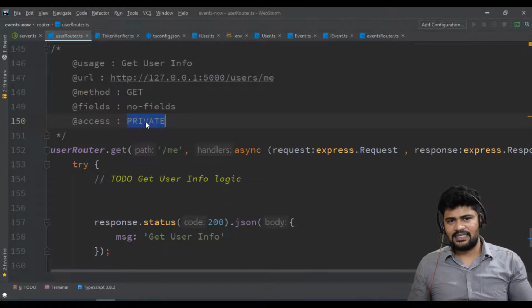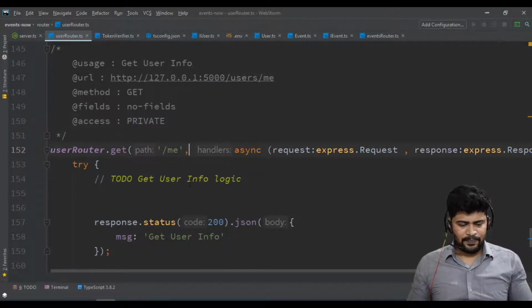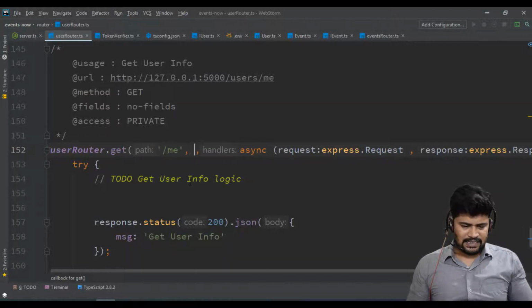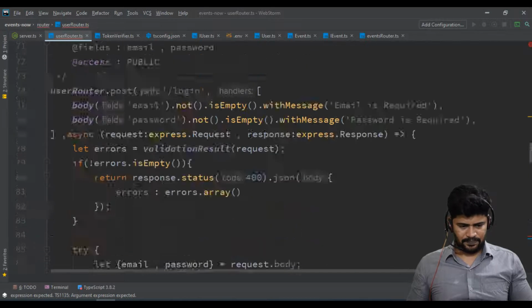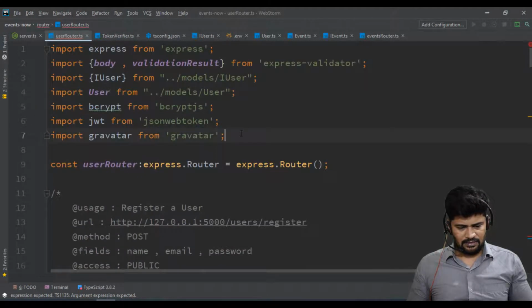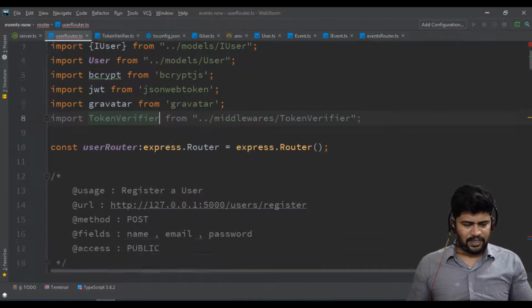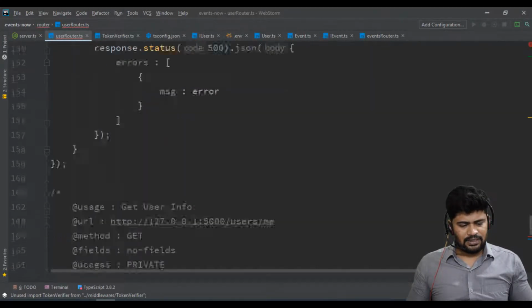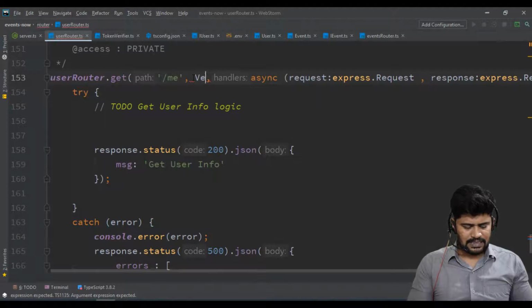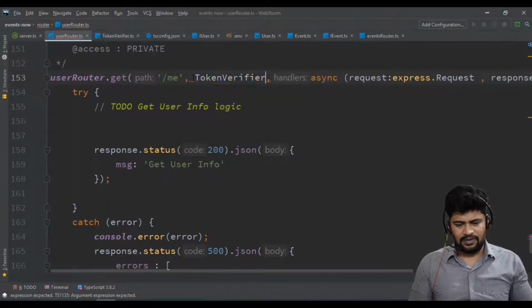Private request means the client should send the token. If you decode the token, you have user information, and with that you have to get data. So what I do here is extra: to configure private routes, you have to verify the token. Let me import that token verifier. Now just say verify, token verifier.